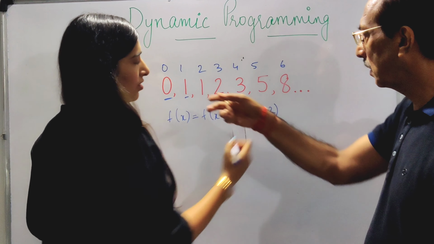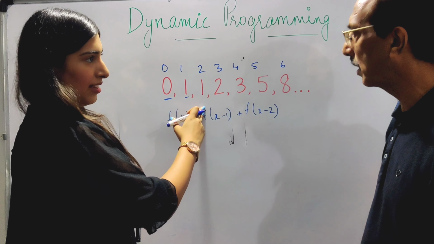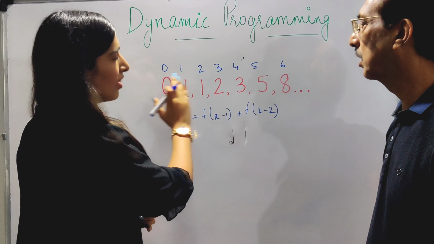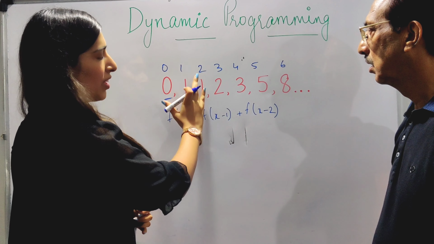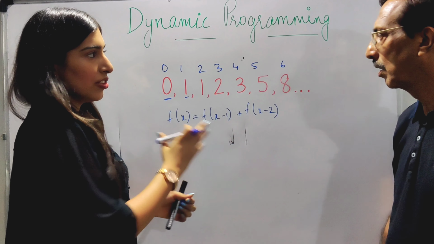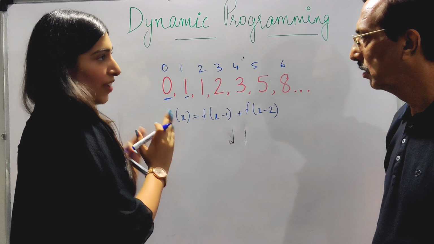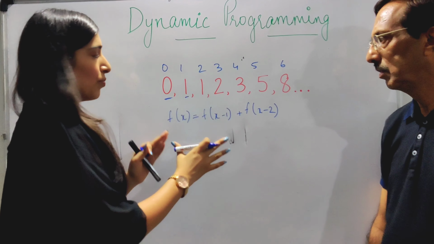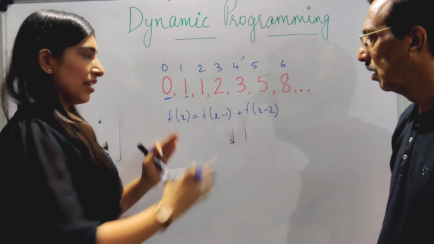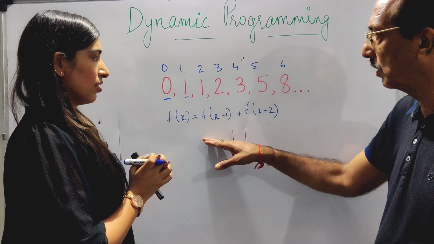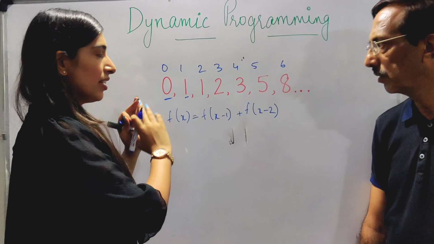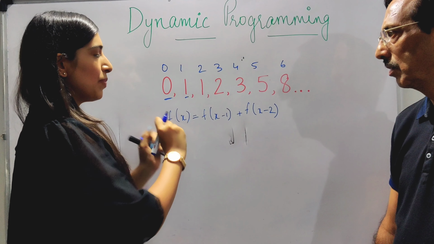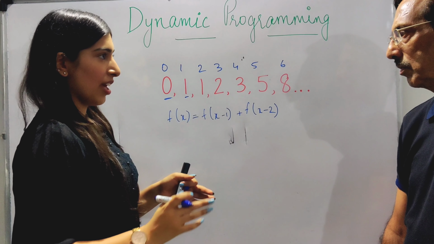This condition will be valid from the third element only. But this is the 0th index, so it starts from 0. From the third element, yes, but you can say from index 2. So for all values of x greater than or equal to 2, this is valid. This formula is the basis of the problem. Those conditions have to be written along with the formula. We haven't written the entire thing yet. This is just pseudo code. It's basically a general solution that will work everywhere.